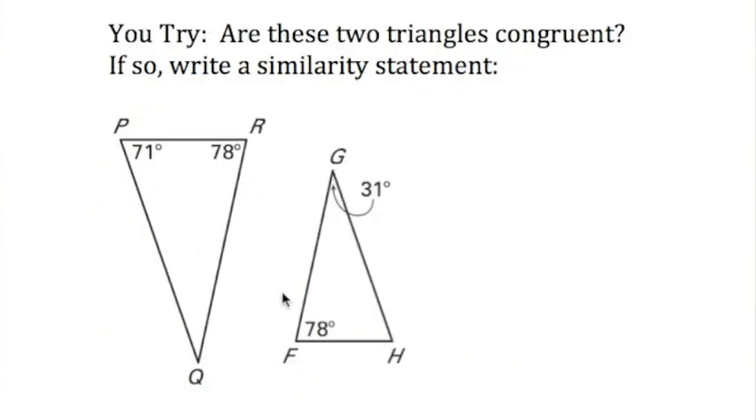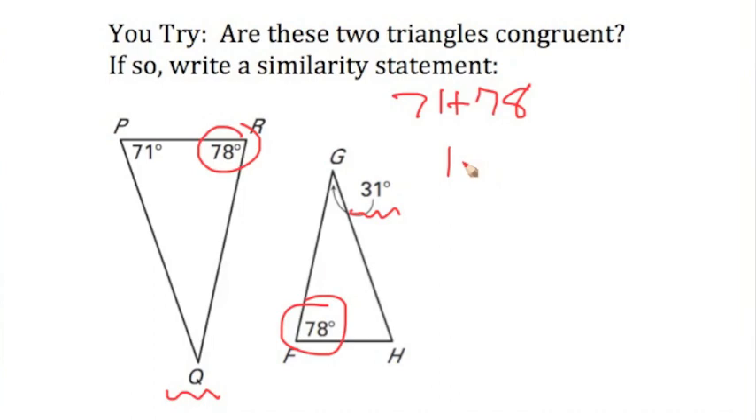So here's an example for you to try on your own. Go ahead and pause the video, work it out, and press play when you're ready to see the answer. So are these two triangles similar? Yes or no? Well, right off the bat, you notice that the 78 matches with the 78. But the 31, well, is Q 31 or is Q not 31? Let's find out. 71 plus 78